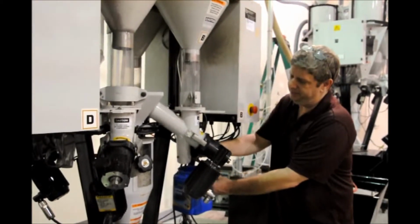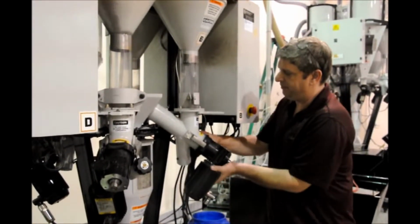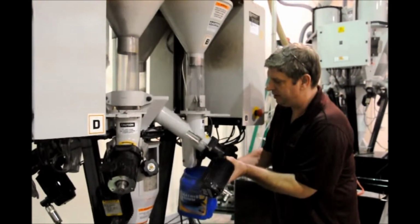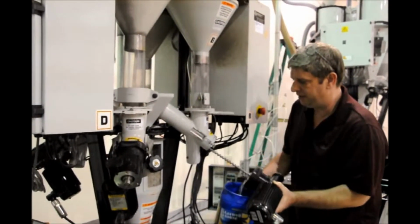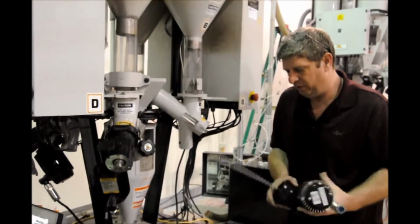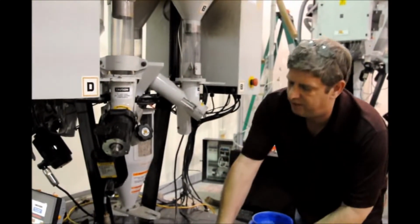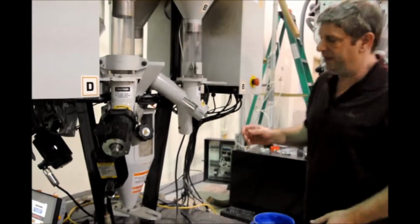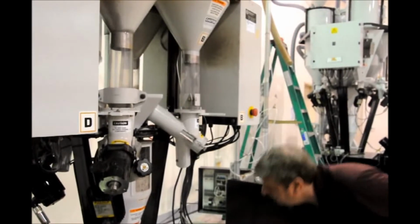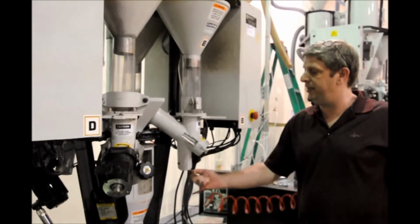Once you've done that, you can unclamp the motor. Hold your bucket up under the motor because there's going to be some residual material in there. Clean out your motor real well. You can use compressed air to clean that off. Then the next step, you can either blow compressed air up inside the chutes here to clean it out,